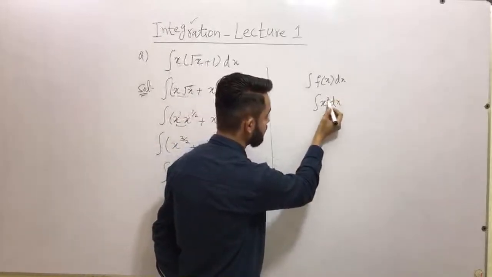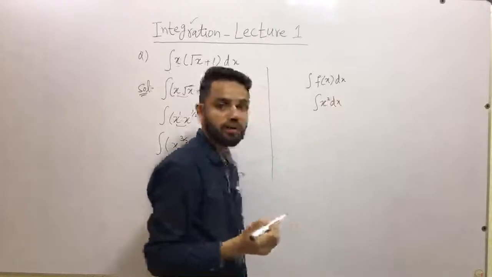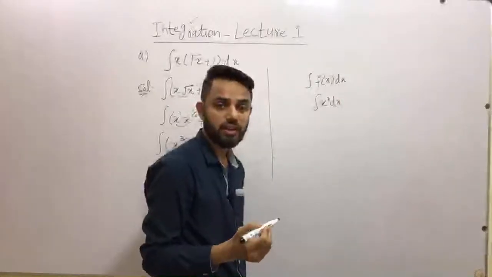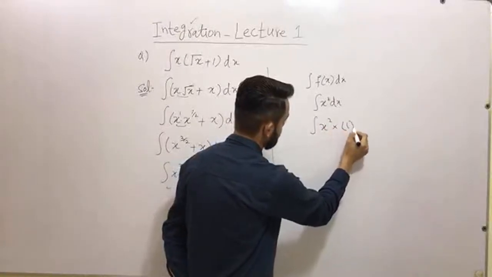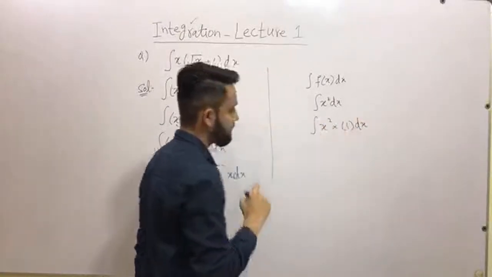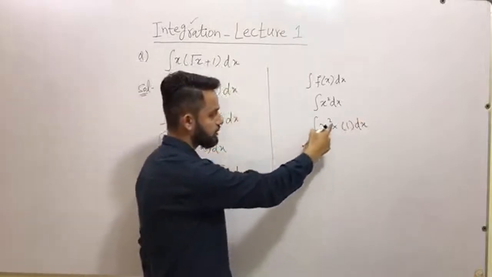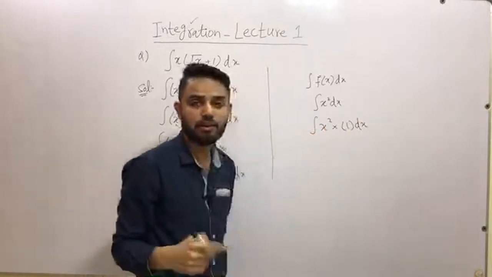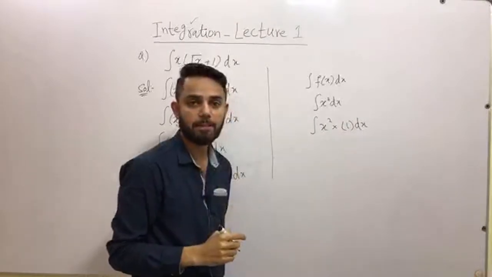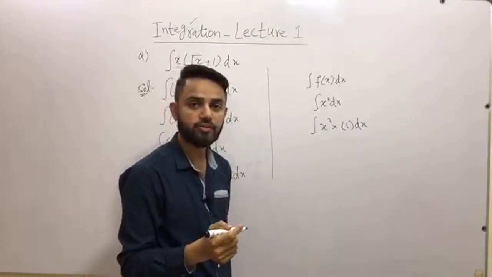See, so if I exclude this power 2, I got only x. So the derivative of x is basically 1. So I can write it like this. Now you see, once we exclude this power, the derivative of the function is given to you in the terms of multiplication. Now you can basically apply the power rule, which says that you have to add on